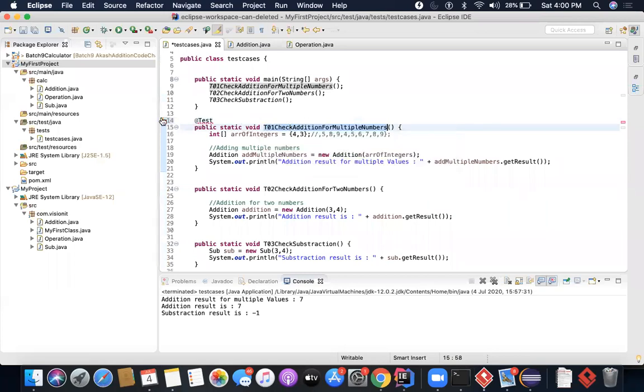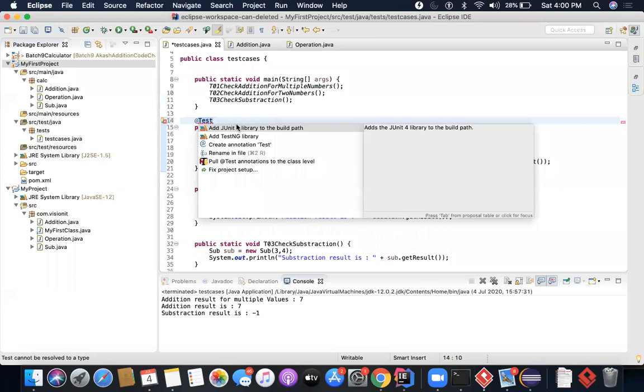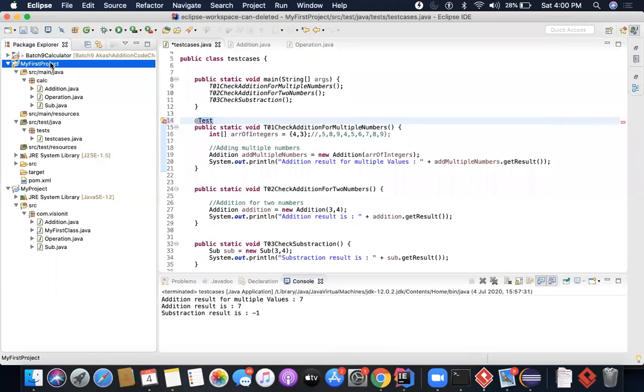Okay. So if I click on this bulb, I get these two options, add JUnit 4 library to the build path. I cannot use the functionality of a library without adding the library to the build path. Build path is nothing but the addition of, or referencing, that particular library to my project. Now I'm using some fancy words here, like referencing, association. They are very simple. I want to make that library become a part of my project.